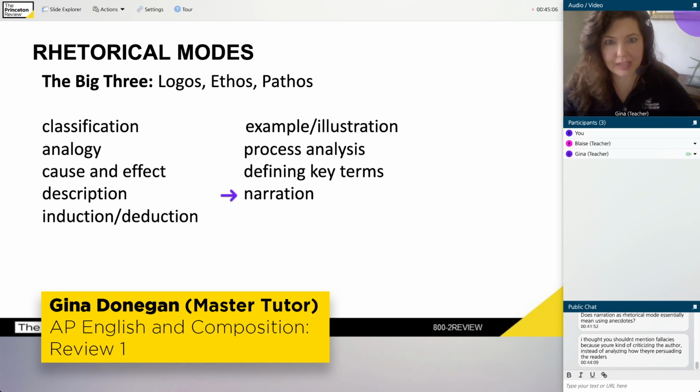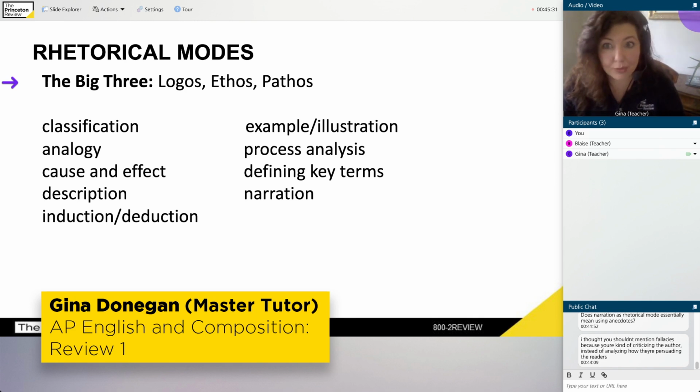But fortunately, the author made up for it with some logos in the next paragraph or whatever. So I'm really just giving you ideas, right? I'm not saying you should focus on any one of these categories to the exclusion of the other. The most important category is rhetorical modes. Okay, this slide is probably the most important information I gave you.